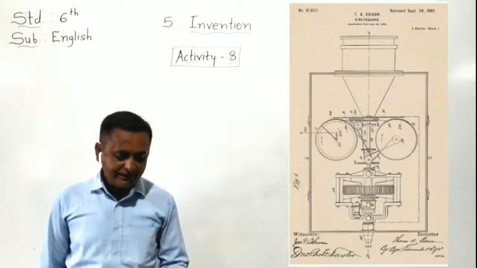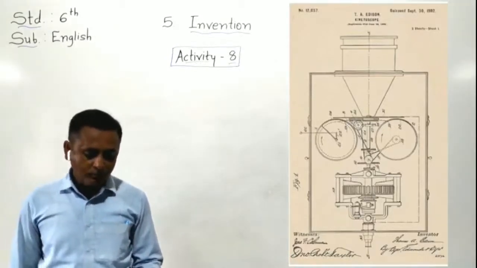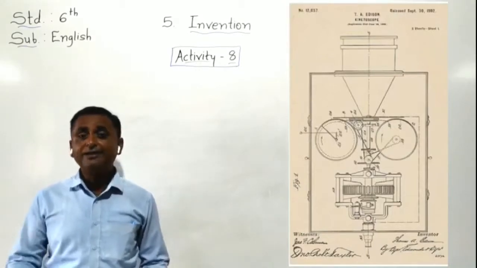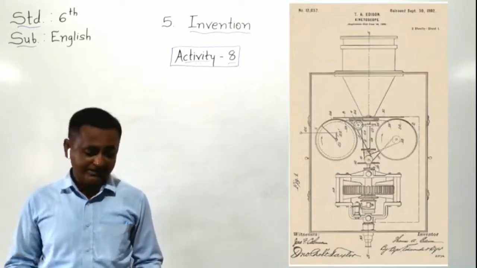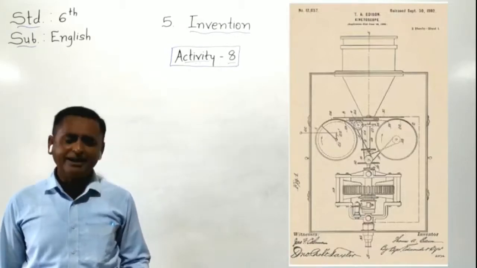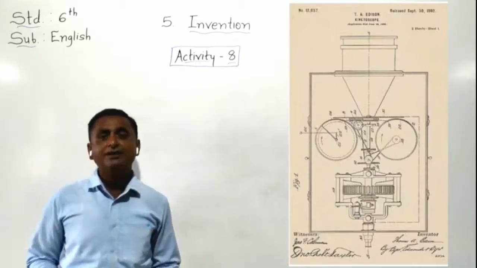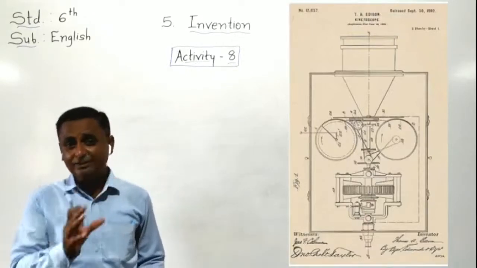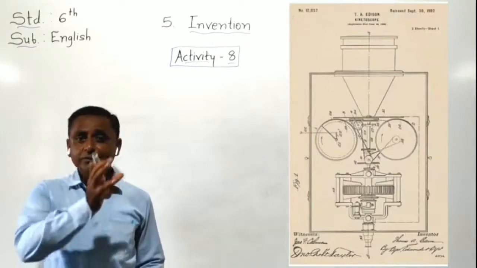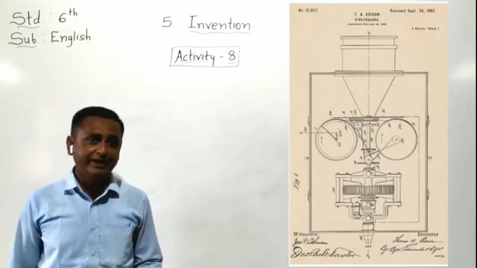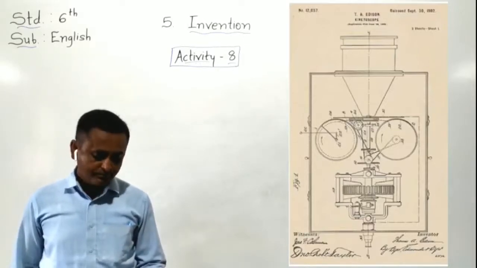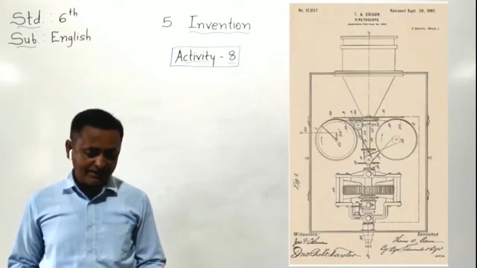Read the article very carefully to find out all the things that the smart bell does. You have to read the article once again. This unit, activity number 7, you have to study it once again very carefully to find out all the things that the smart bell does and all the things related to the smart bell. What type of work does the smart bell do, how does it work? You have to find out all the things from activity number 7. How many things does the smart bell do?